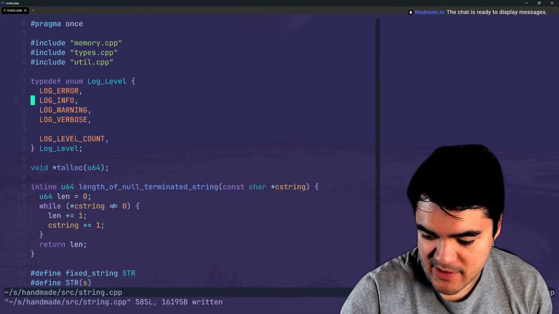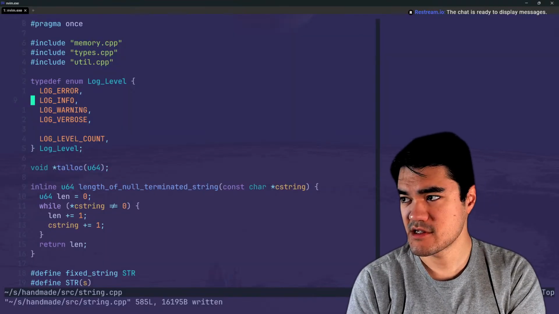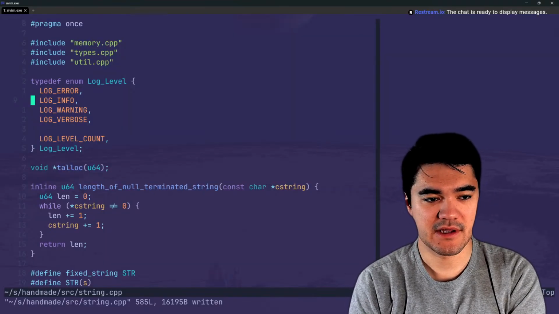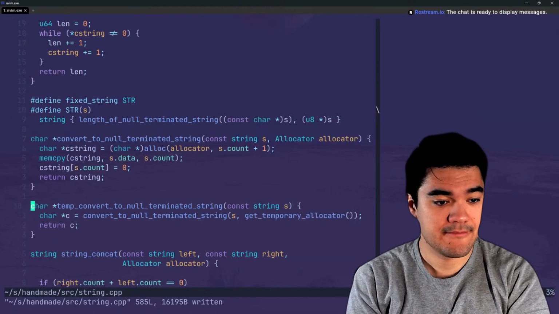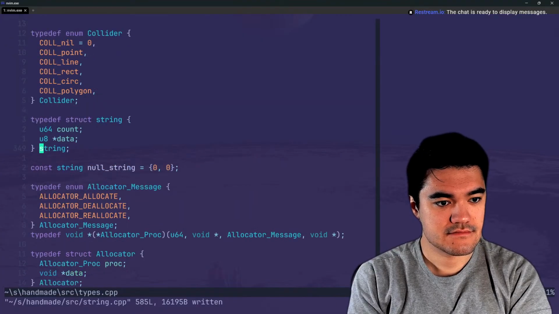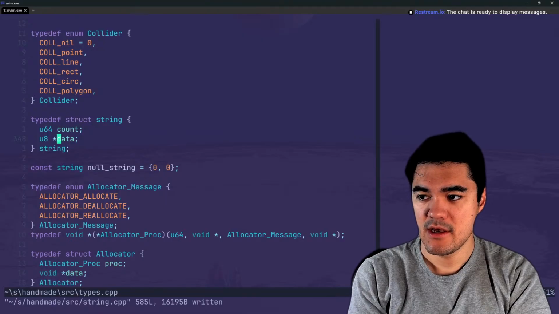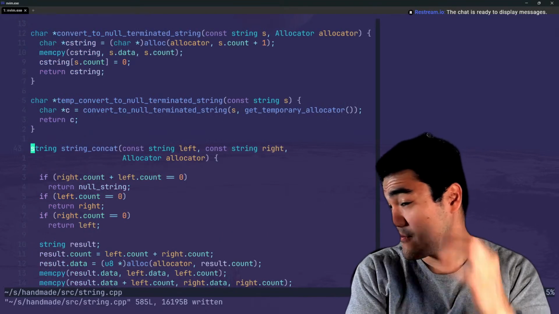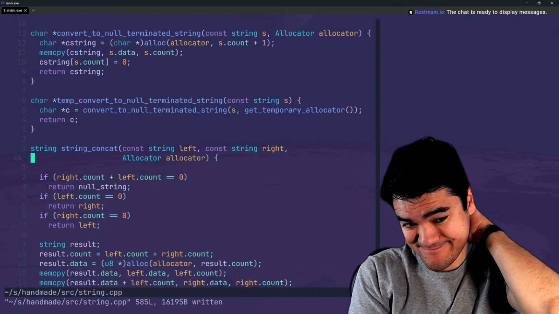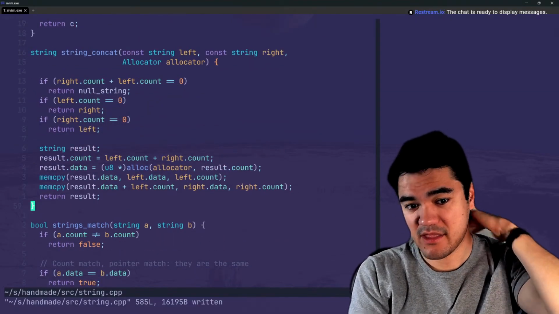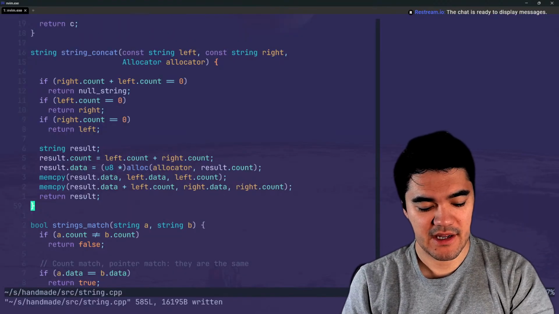Sorry, I'm trying to move my microphone a little bit. Fixed length strings that have the count encoded into them. So it's basically like a struct with the count and then the char array, essentially. And that way you don't have to have the null character, and the count is easy to get,